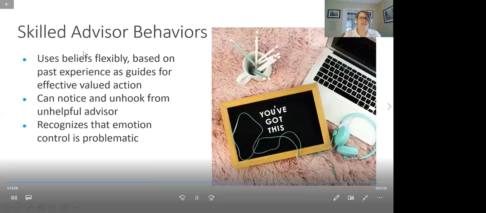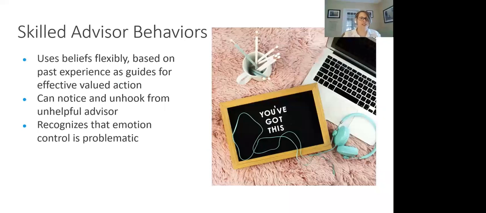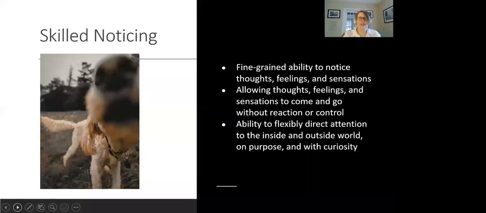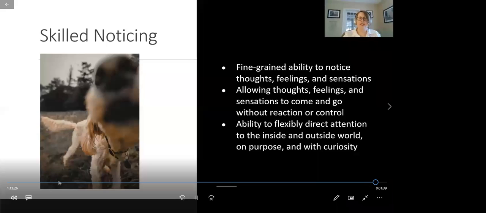So that leads us to increasing our skills in these areas that we've talked about, of our three classes of behavior. And I'll just kind of go through these quickly. Okay. Skilled noticing, allowing, fine-grained awareness of our experience, and flexibly directing our attention. We don't need to watch the spider. We can let it do whatever the heck it's going to do, and we can choose to allow it and move into values.